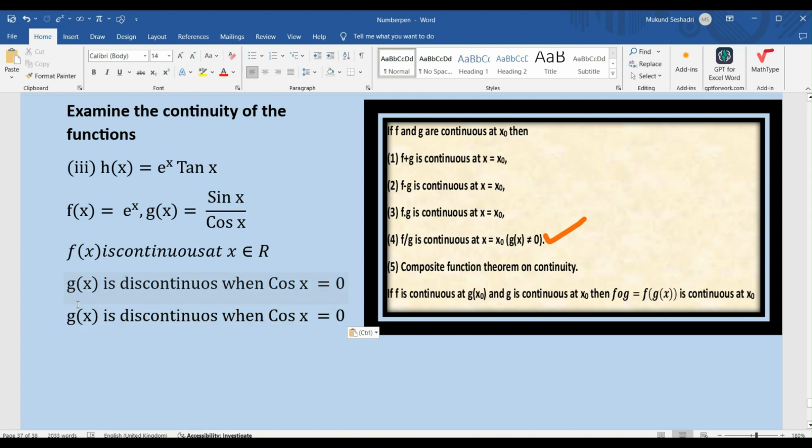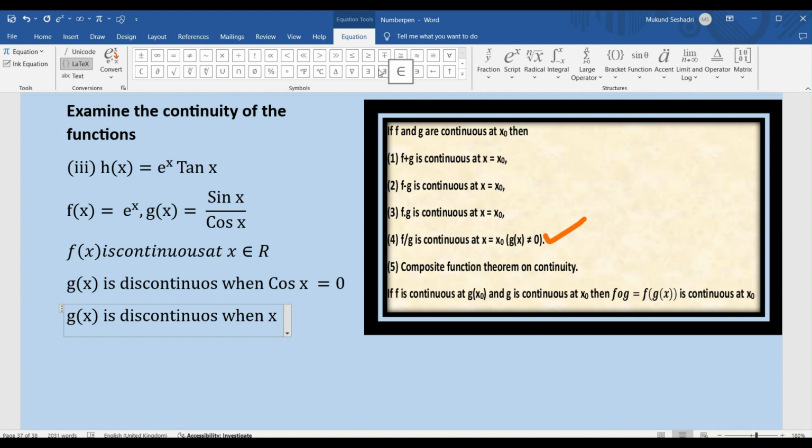So g of x is discontinuous whenever, and similarly you can try substituting values, you will see that whenever x belongs to an odd multiple of pi by 2, which can be represented as 2n plus 1 into pi by 2,